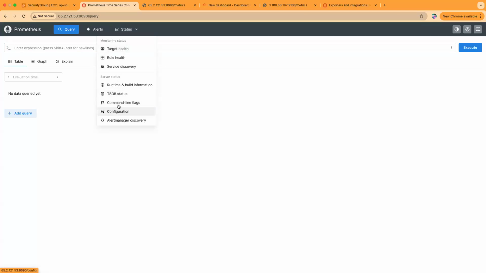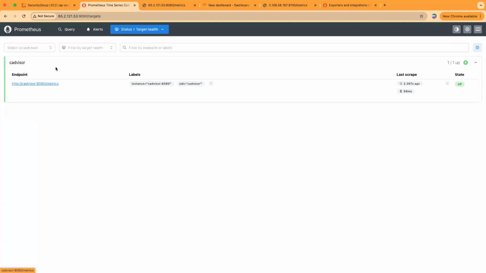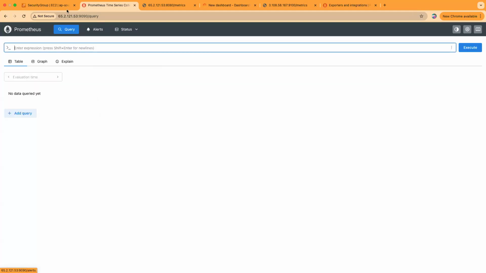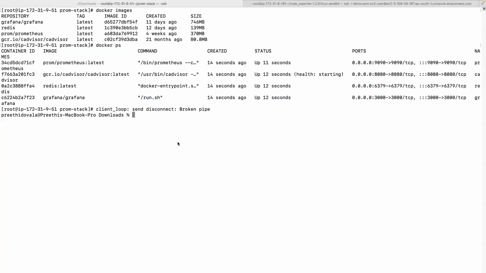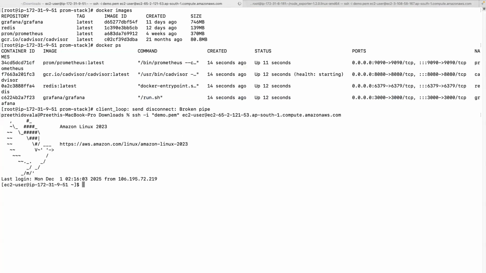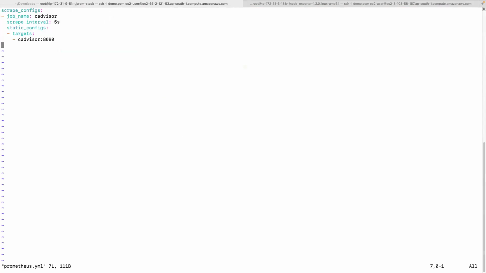What should we do to add it as a target? Only cAdvisor is there. We need to add this node exporter. So what should we do? Where do we add the target? Now go to the Prometheus server, where Prometheus is running. Here, if you go to this folder, we have prometheus.yml, where we add the targets. This is where we should add another target, like the cAdvisor we have added. We should add this new target,